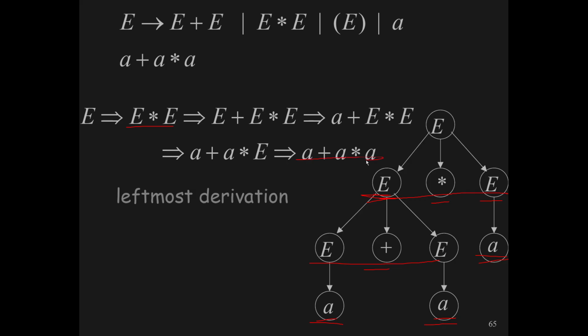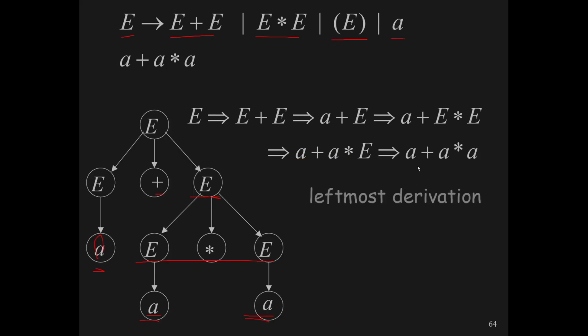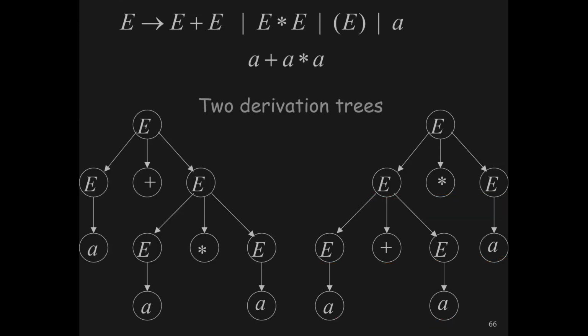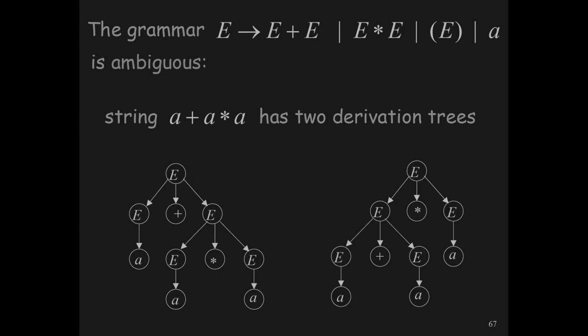But would you look at that? Exact same string, but the first time we went with plus, and the second time we went with times. So what's going on here? Well, this grammar is ambiguous because there are two different derivation trees or parse trees for the same string. And that's kind of an issue